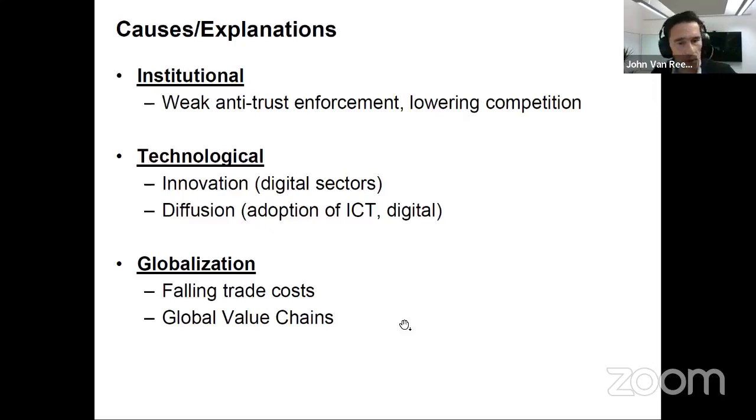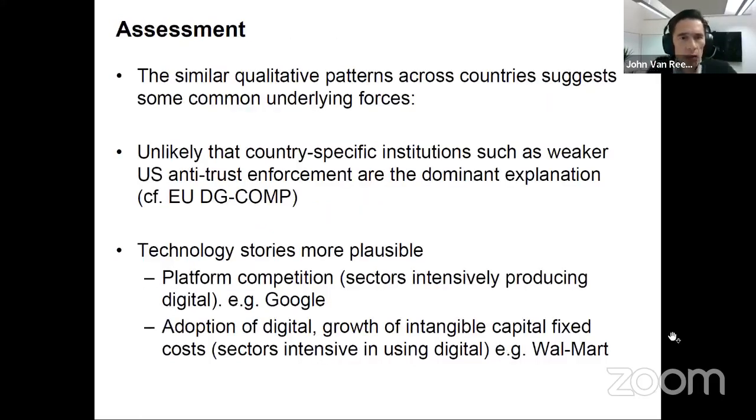There could also be reasons of globalization, falling trade costs, and changing global value chains as a kind of third set of explanations as well. I mean, obviously different things are important in different sectors and different countries, but just some thoughts on this. The fact that we see, in terms of the rise of superstar firms, concentration, increasing differences, those similar qualitative patterns across countries suggests there are more likely some underlying causes. So I think stories that it's all to do with weaker antitrust enforcement in the US, I don't think are very compelling